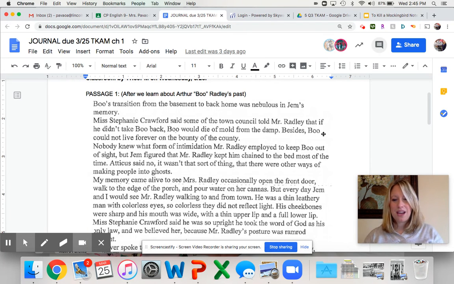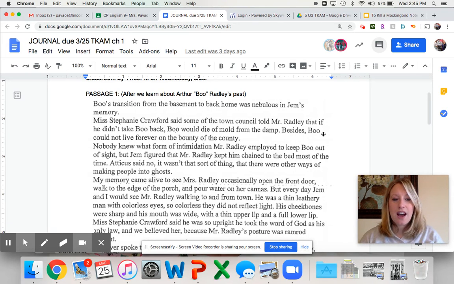It tells you that he might have some real anger towards his father for some reason, and we don't really know what that's about, but we do know that there is a strained relationship between Boo and his father after that day, obviously. And when his father dies, that's when Boo's older brother ends up being his caretaker and treating Boo in the same way that his father did. So Boo is a shut-in, which means he doesn't leave his house very often. And if he ever leaves his house, the kids don't ever see him. So there's definitely some mystery surrounding Boo Radley.